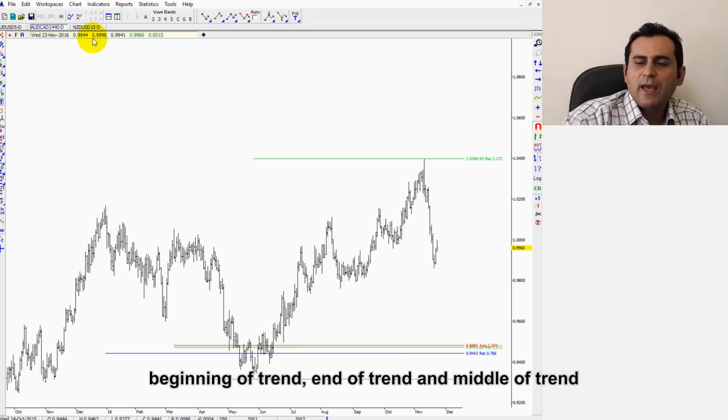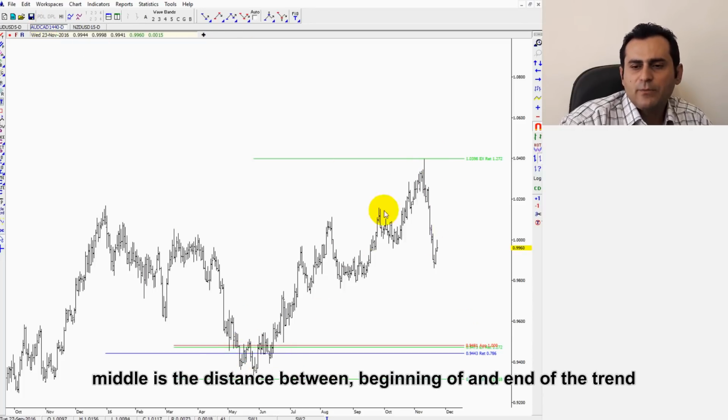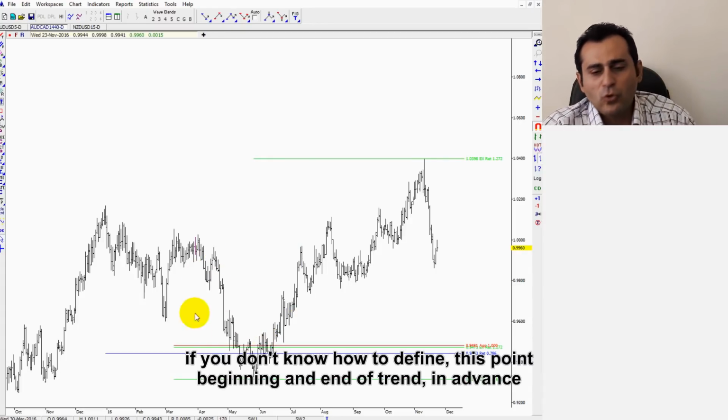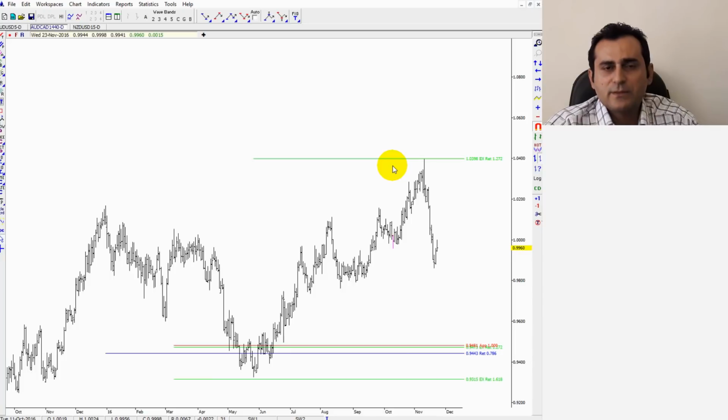Beginning of the trend, end of the trend, and the middle. The middle is the distance between the beginning and end of the trend. If you don't know how to define these points, the beginning and end of the trend, in advance, it's a problem